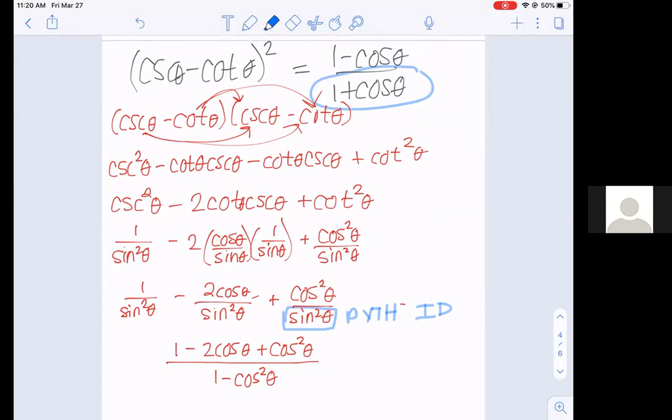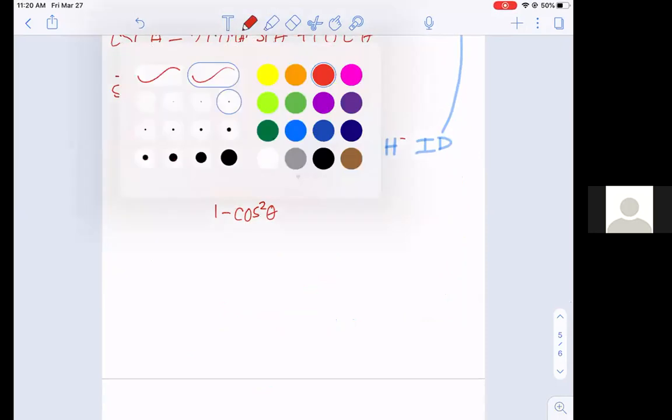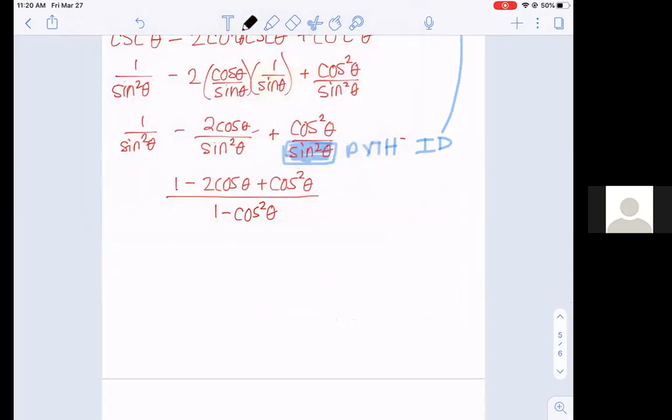Okay, and again, the reason I did that is because I knew that at the end, I needed to have that 1 plus cosine theta in there, and I wasn't gonna get that with just a sine squared. So I went ahead and changed it before I even started that process. Okay, so what I'm gonna end up doing is I'm gonna factor the top as a trinomial, and I'm gonna factor the bottom as a difference of perfect squares. Okay, so the top as a trinomial,